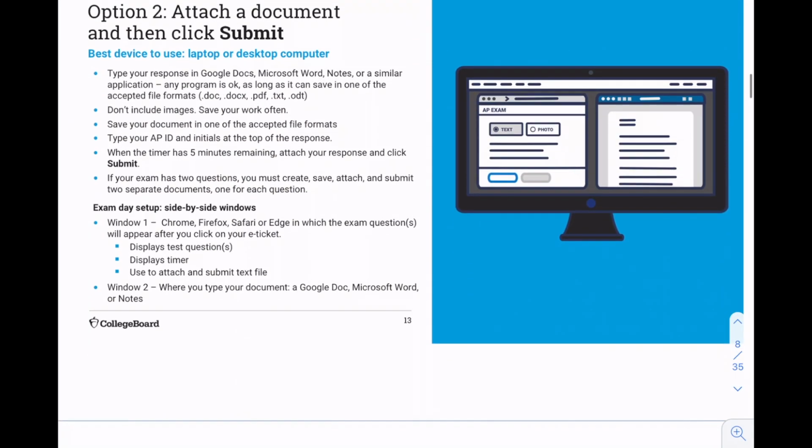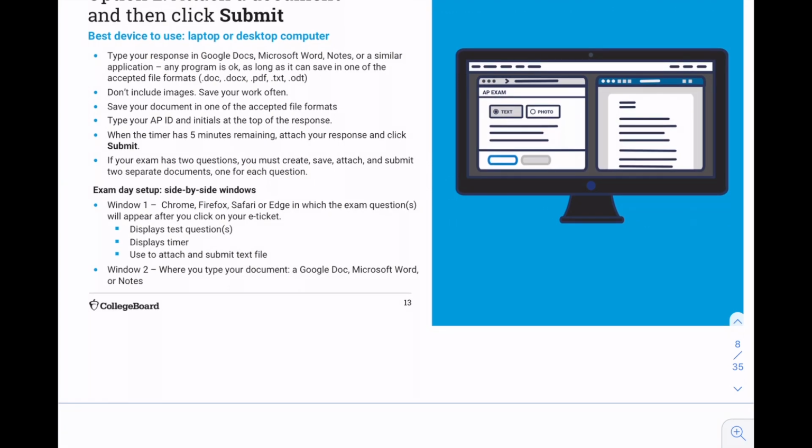Option number 2, same idea. You're going to have windows side by side. The first window will be from College Board. You'll have it in your internet browser. Remember, again, not Microsoft Word, not Internet Explorer. Your second window will have your